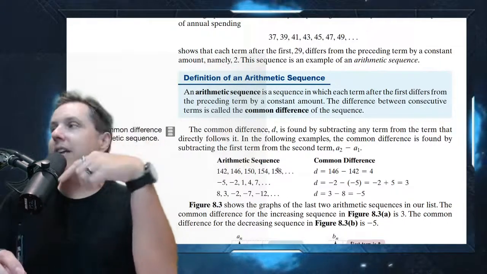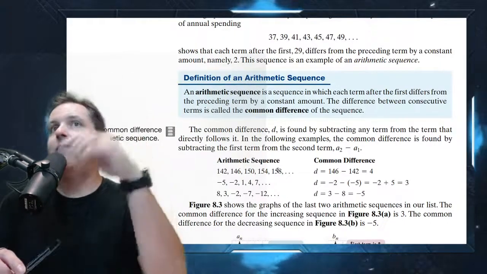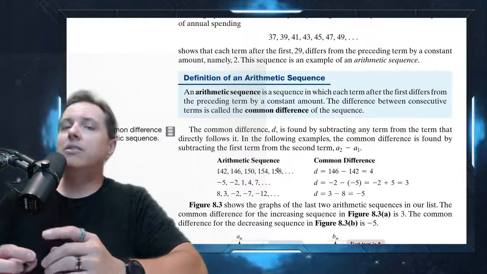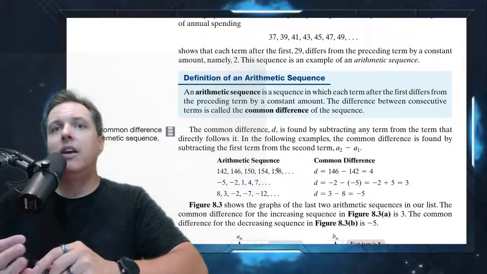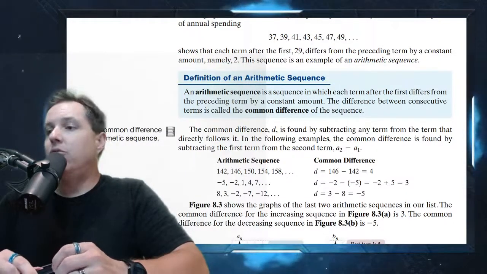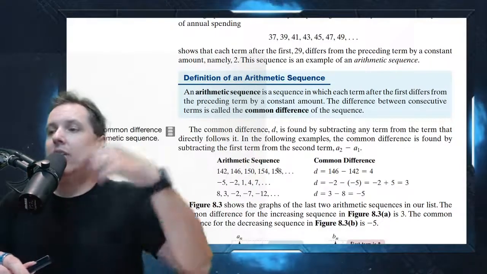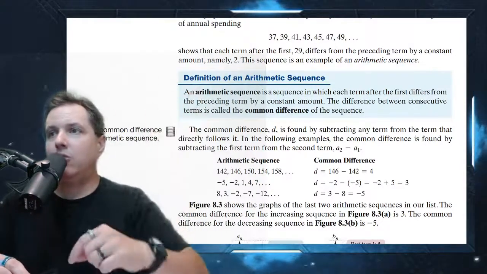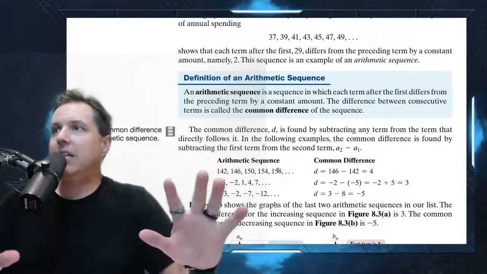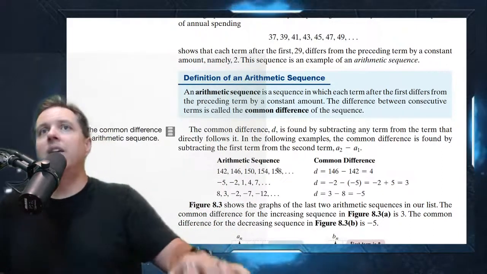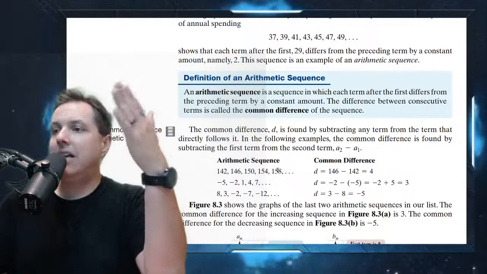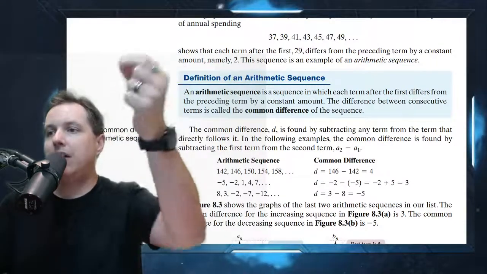You just keep adding the same number again and again, and that's how you get that sequence. And this makes sense. I mean, we can model this pretty easily. If I have a lemonade stand and I'm selling lemonades for $2 apiece, then every time I sell a lemonade, another $2 ends up in my money box, right? So if you look at the sequence of money in the money box over the course of the day, it's going to be 0, 2, 4, 6, 8, 10, 12, 14, because every time I get $2, I put it in the box.